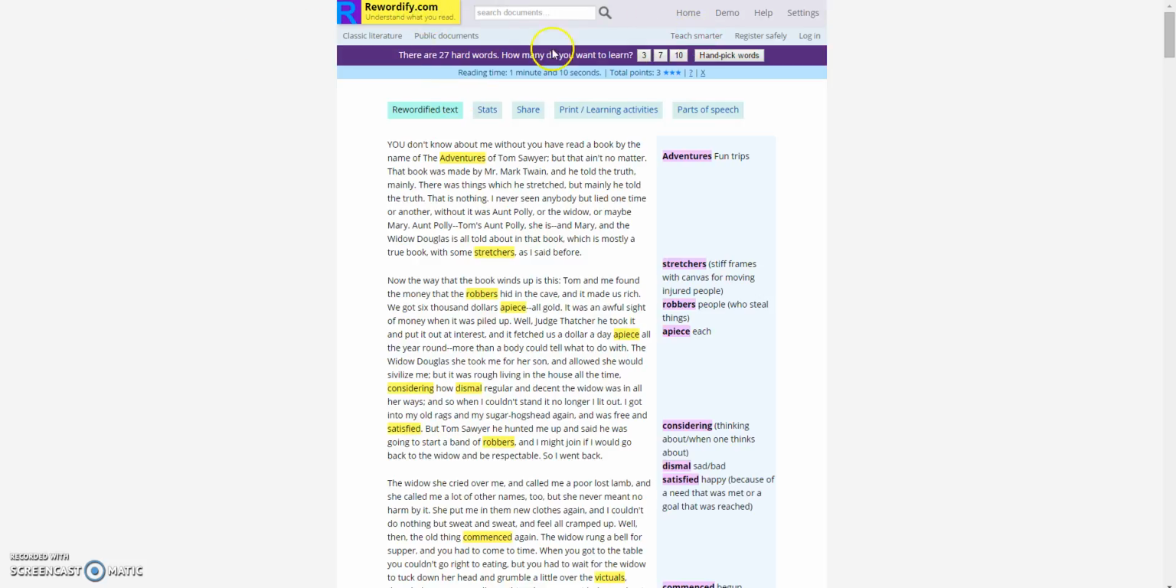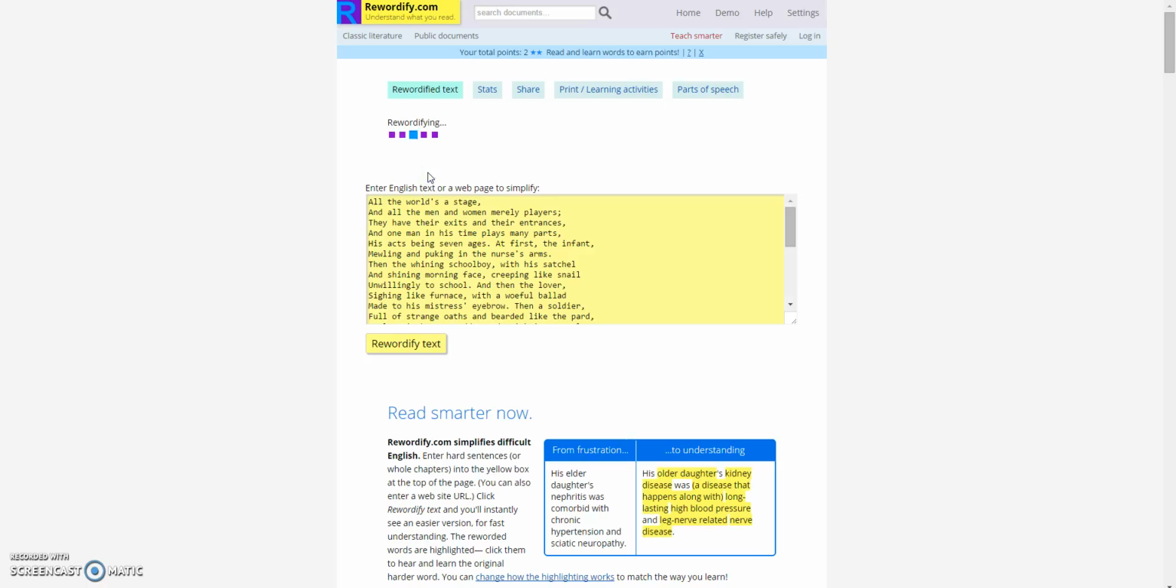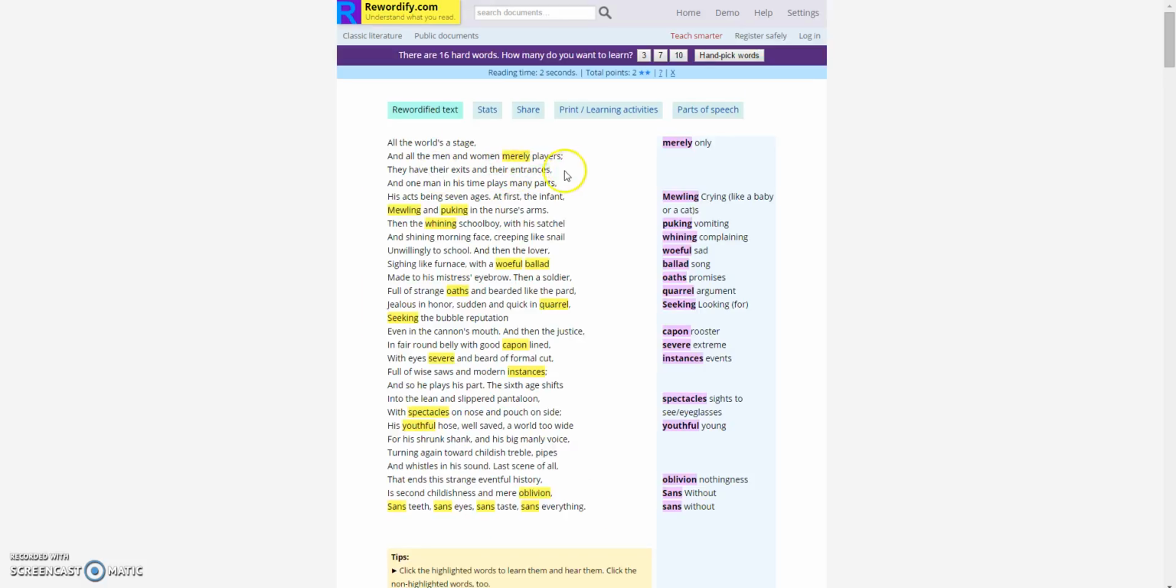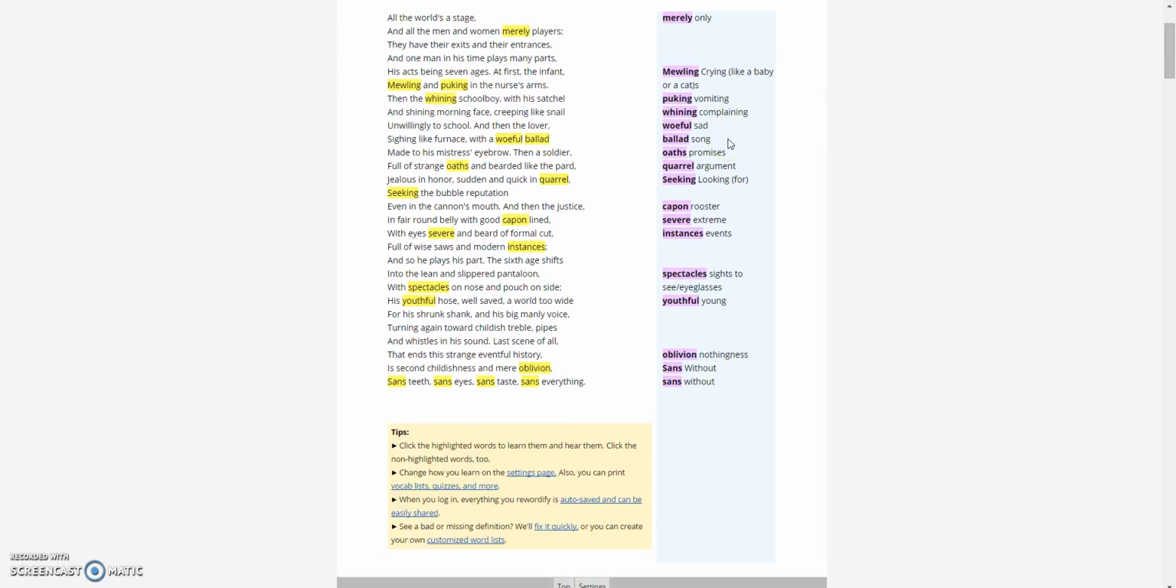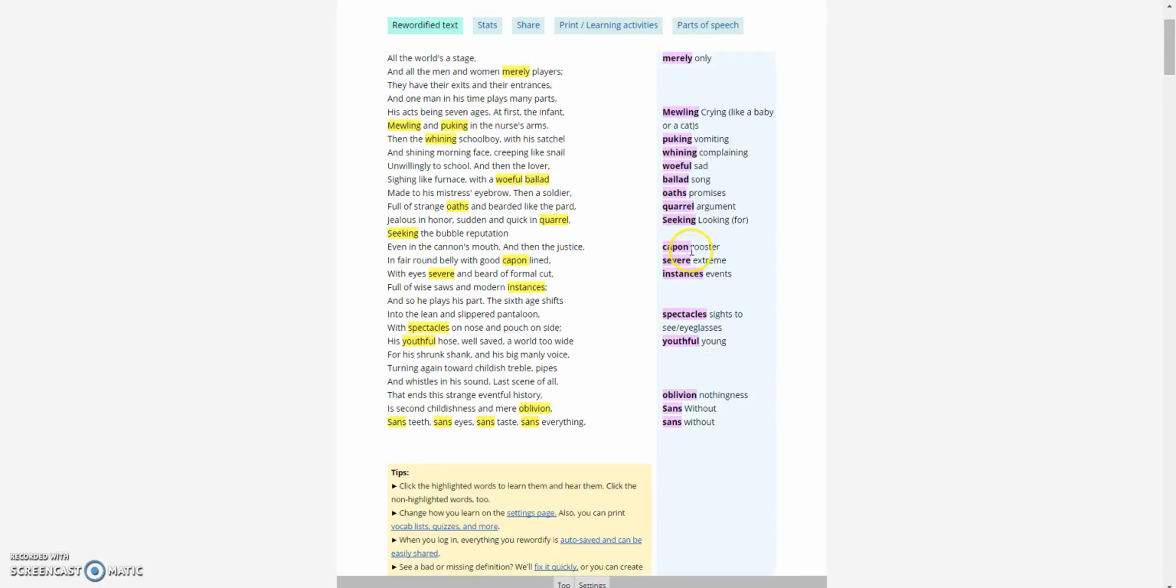So let's say we want to do a Shakespeare poem. We're going to go right to the home, and we're just going to right click and paste it in there. Now we're going to give it a second to do what it does best. Okay, so this is the original text, and these are the words that it thinks will be difficult for a child to read. So the way we have it now is it's going to highlight, and it's going to give us a simplified definition on this side to help with reading comprehension